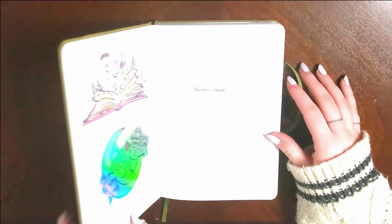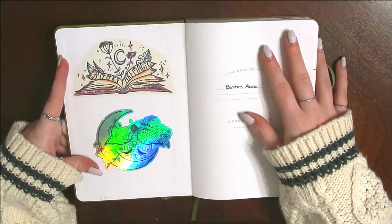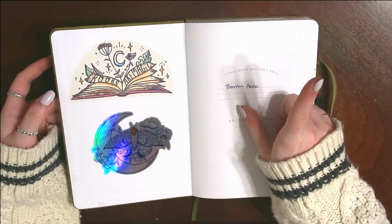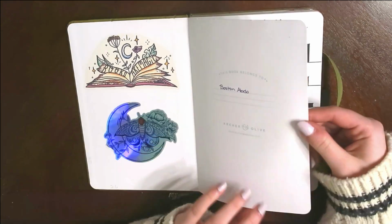Okay, so on the first page here, we have a couple of stickers from one of my friends, Leo, and she has her own Etsy shop. I will either link it above or below. So yeah, definitely check her out. She's amazing. But moving on,